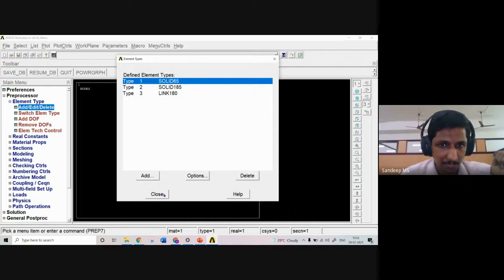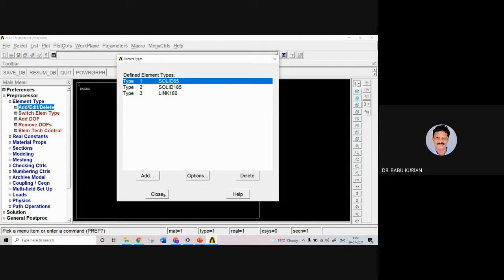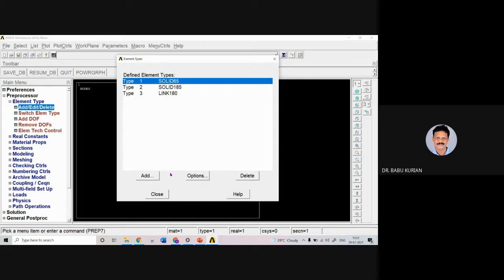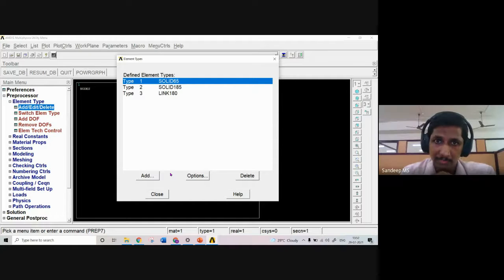Sandeep Mandava: Yes, sir. Can we use the same element for bearing plate and this one? Which one, sir? Concrete, solid 65 for both? No, no, sir. The behavior of the concrete as well as the bearing plate is entirely different. And the solid 185 element doesn't support cracking under compression and other such behavior. So we cannot use the same element for that. What material is used for bearing plate? Steel itself.